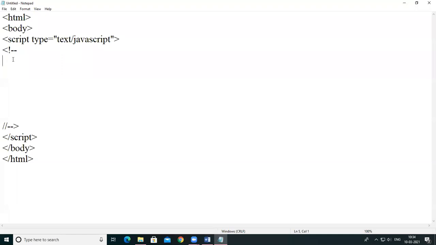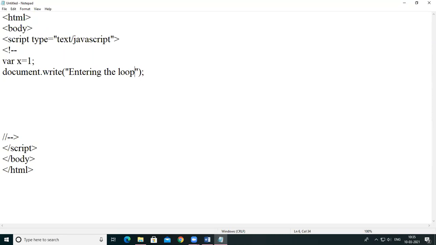Okay, see here, I'm writing this program. For that, taking the variable x having value 1, okay, then I'm taking the loop x is less than 10.